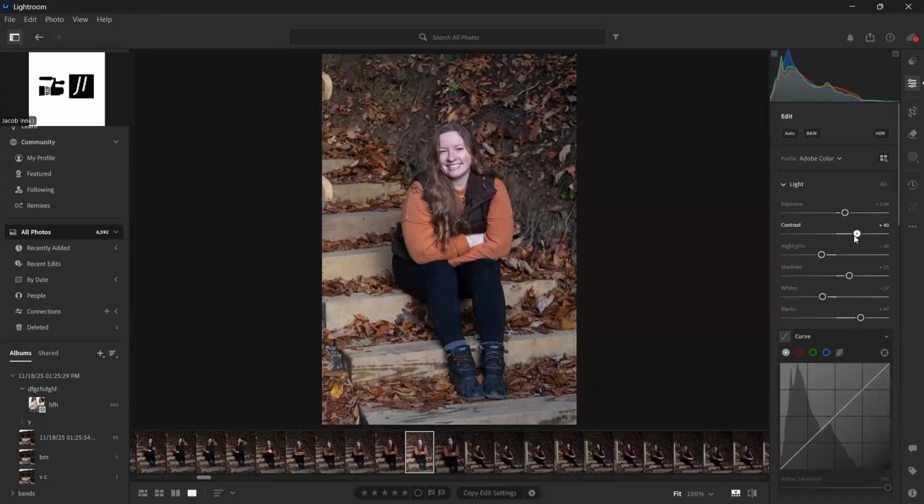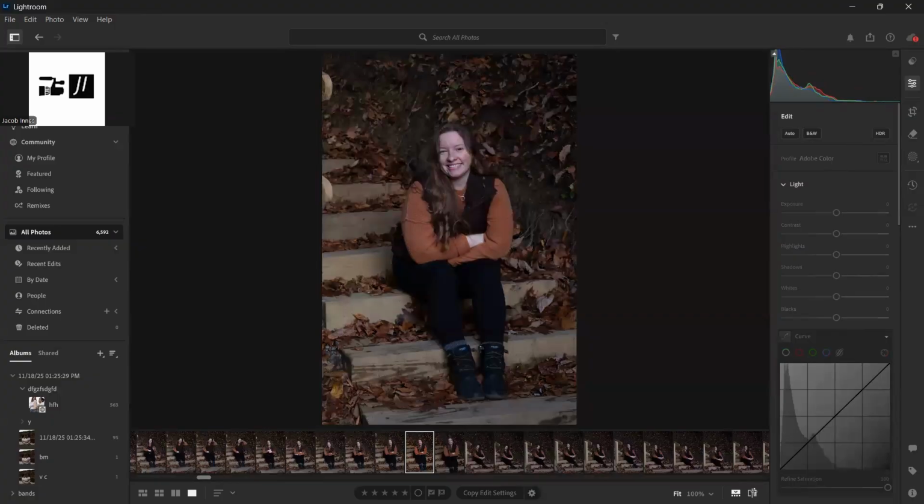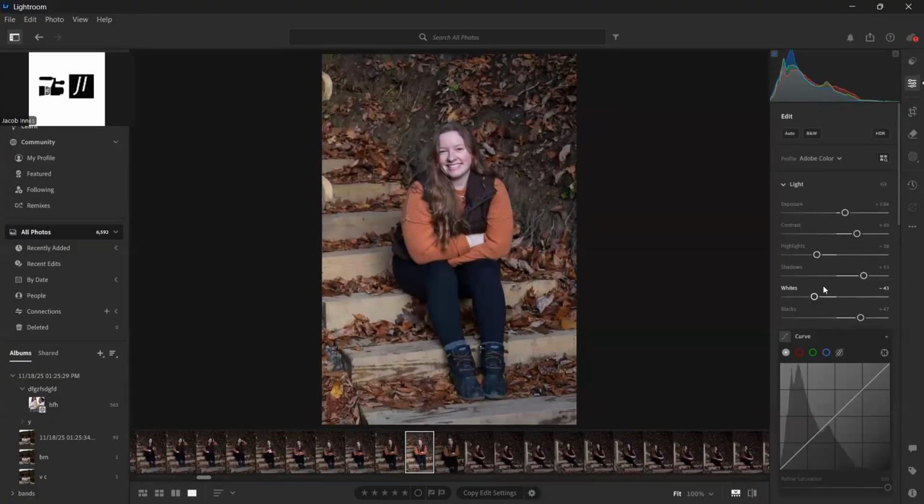So I'm going to bring the contrast up. Think her face is still a bit too bright, so I'll mess around with our whites, the highlights. And then we're starting to get a more balanced range of values in our histogram. As you can see, there's big difference to just doing these little things